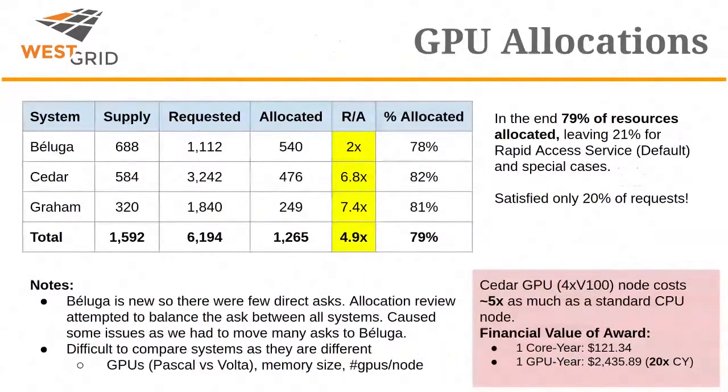There's the whole GPU issue. You can see Beluga, Cedar, and Graham are the ones with GPUs, and they're in the supply column. We have a number of GPU nodes, and one can schedule onto those nodes. There are the requests, huge, and how much we allocated, and the requested over allocated. So Cedar and Graham, just everybody wants